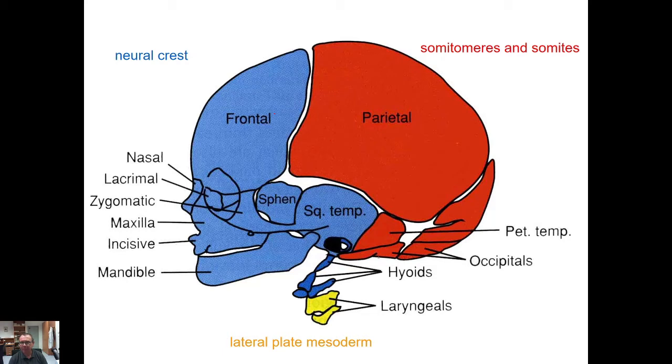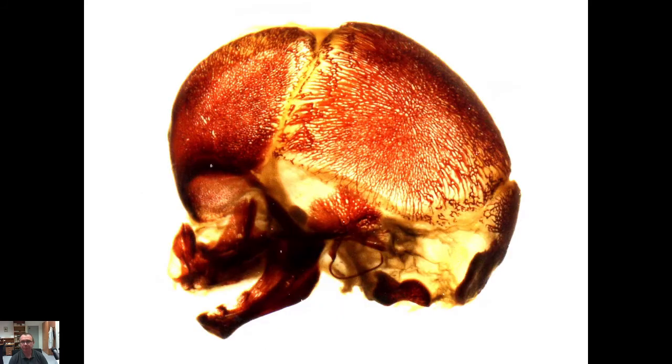Okay, so it's very important and very interesting. What can be the source of bones of the skull? Picture of a skull showing formation of the parietal or frontal bone by intramembranous